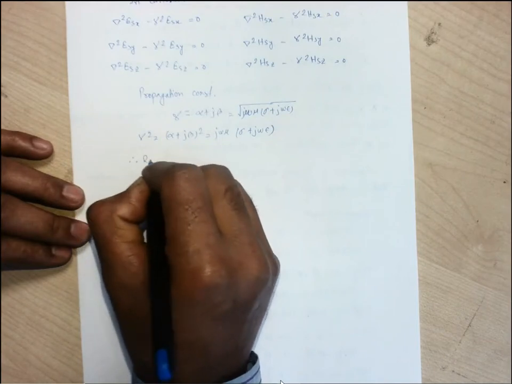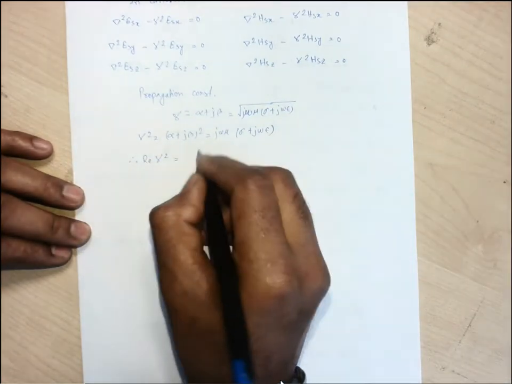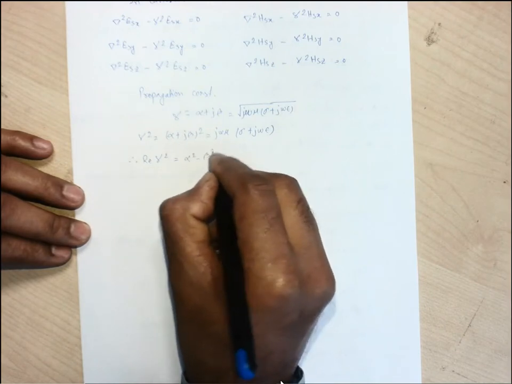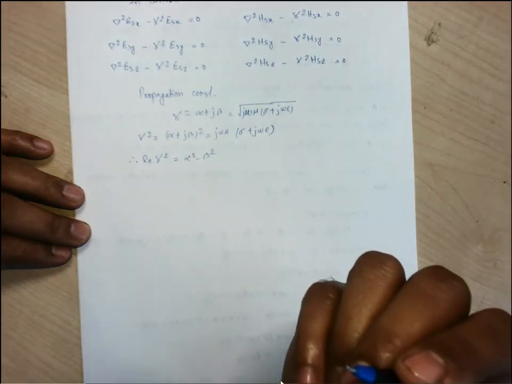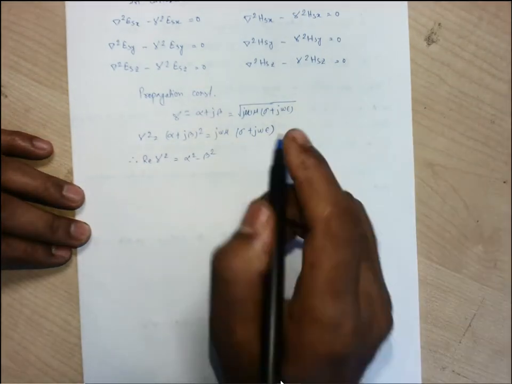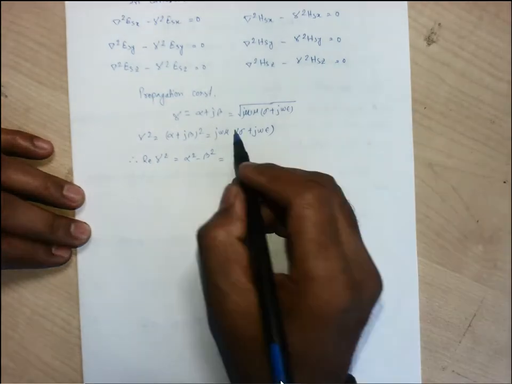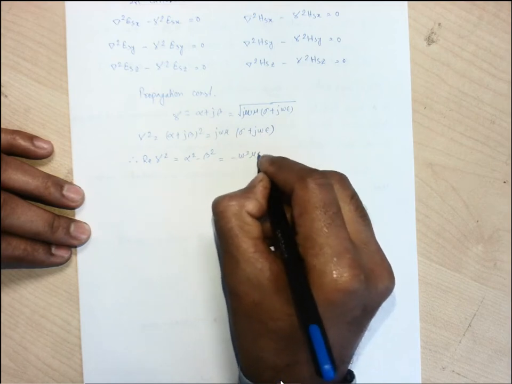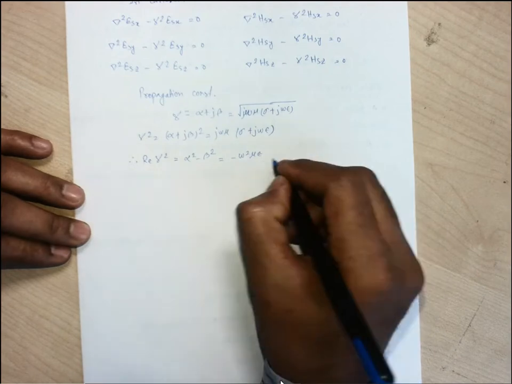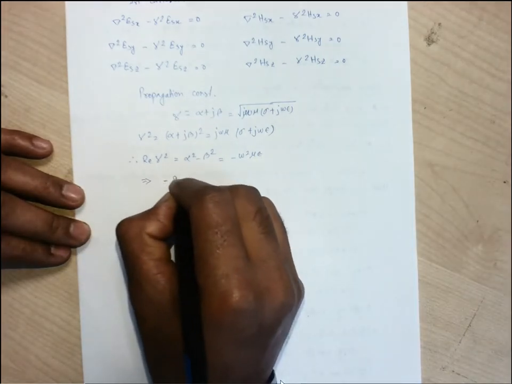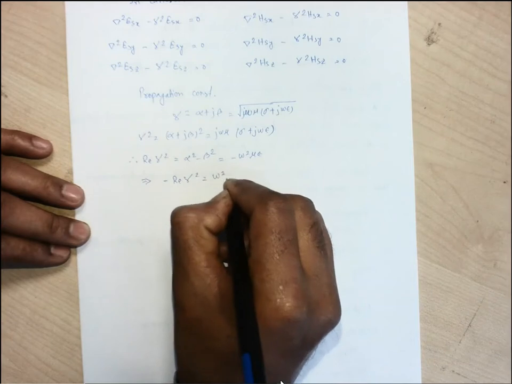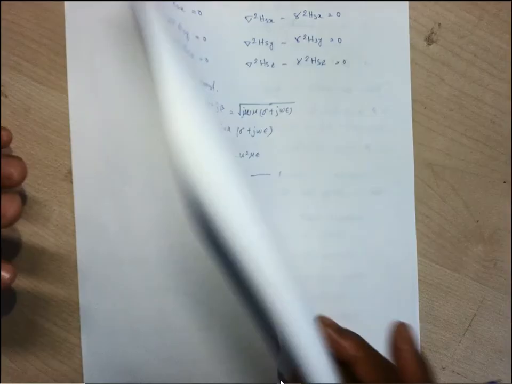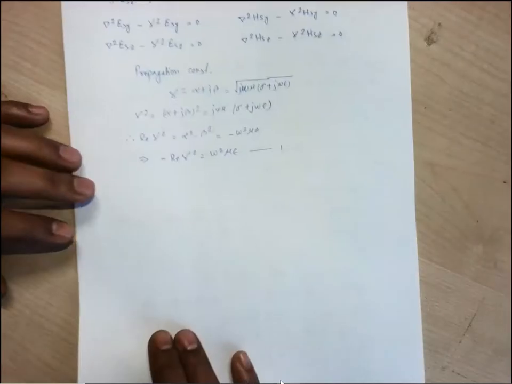Therefore the real part of gamma square is alpha square minus beta square, then plus twice j alpha beta. Then we neglect the imaginary part, and only consider the real part. Then this comes out as minus omega square mu epsilon, or we can write this as minus the real part of gamma square is omega square mu epsilon. We need to use this value. We have given 7, let us give equation number 8.